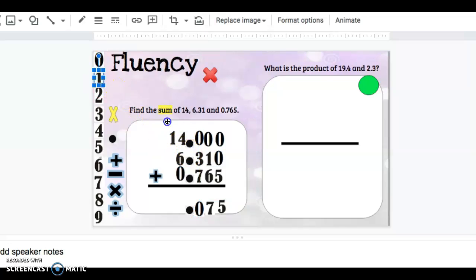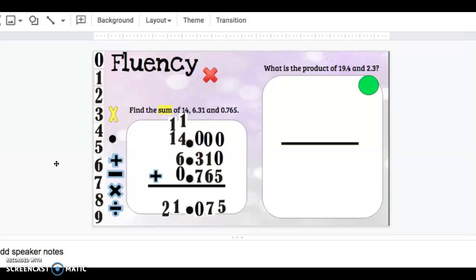And bring up my 1. 1 plus 4 plus 6 plus 0 is 11. So I put my 1, and then I bring up my 1. And I have 1 plus 1, which is 2. So my answer for what is the sum of 14, 6 and 31 hundredths, and 765 thousandths is 21 and